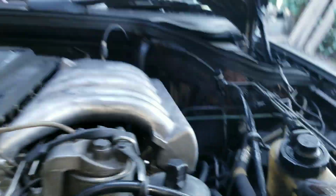All right, take 3. Call this the Cliff Notes version. 87 TD, OM606 from a 1999 300D, stock turbo, air-to-air intercooler in place. Coming down here, and you can kind of see it going in here, coming through. There it is back there, and coming over here and going back up to the stock manifold and into the